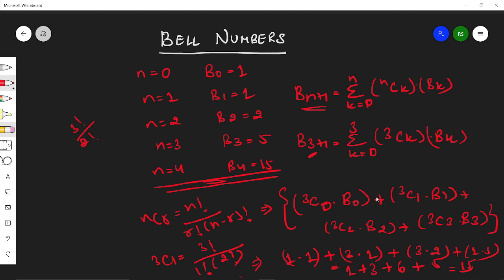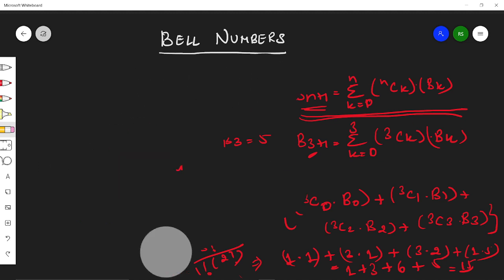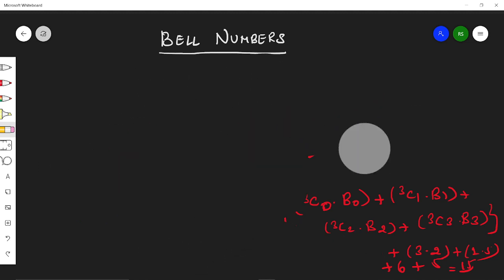So basically, if I have a large number, I can use this. But computing this would increase my time complexity, as for any nth Bell number, I have to find the Bell numbers for all the numbers before that, that is from 0 till n.